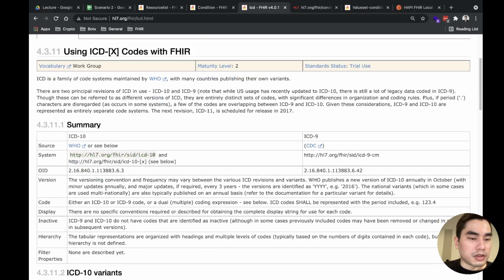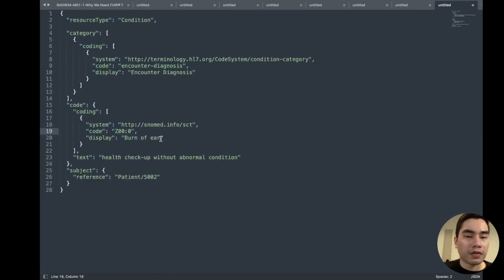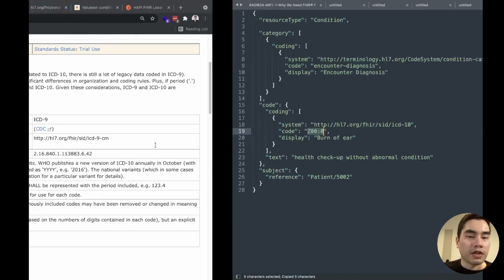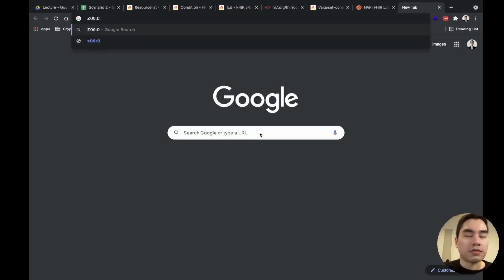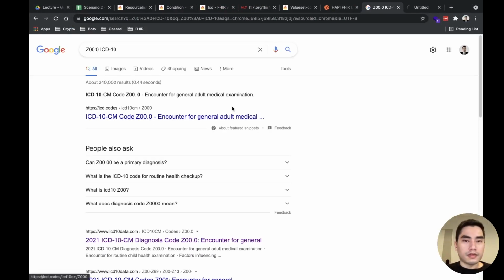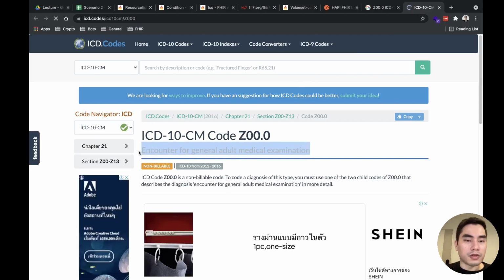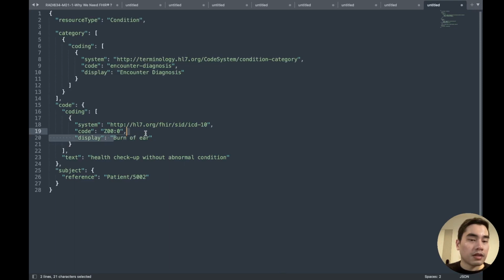We have to use this value for the system. And if you want to keep the display, I think we should see what the formal term of this code is. So it's here, and for this we can put anything, or we use the display from the code system.